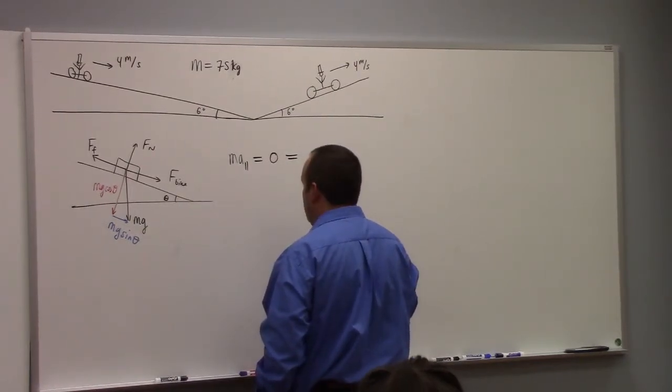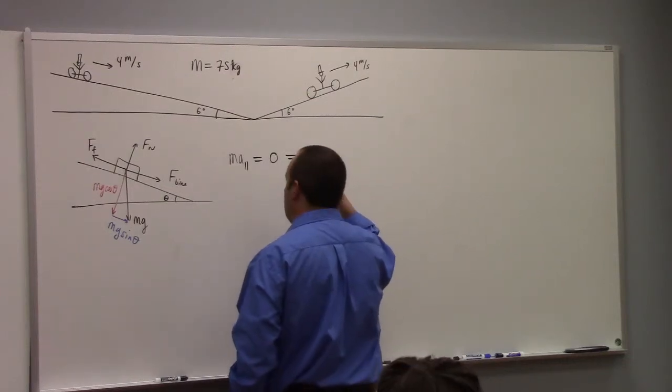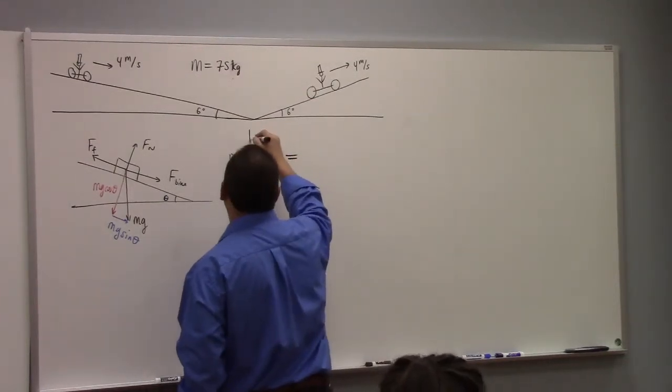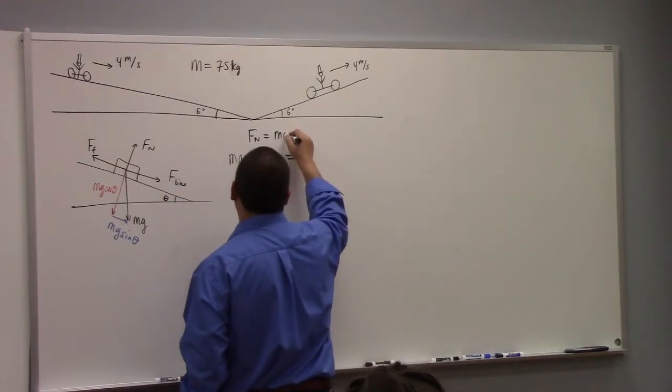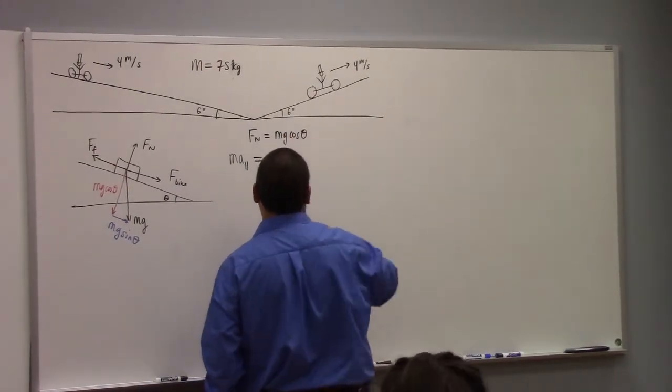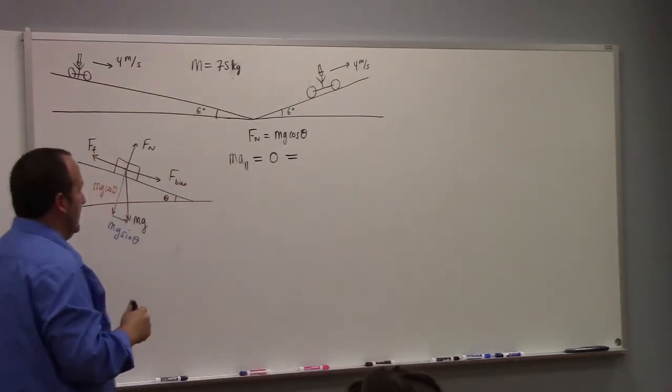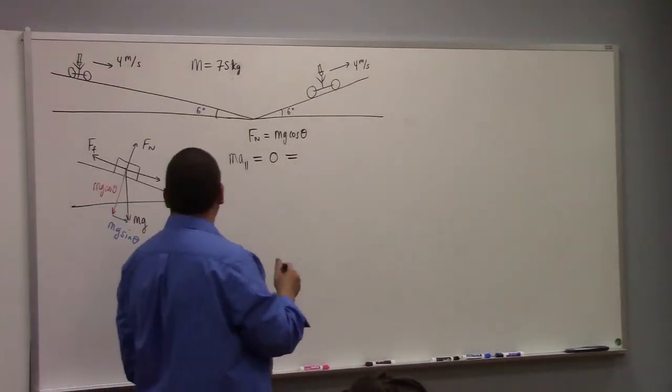By the way, the normal force is equal to what? Normal force is equal to mg cosine theta, right? Those are balancing out. So that means that the friction force,